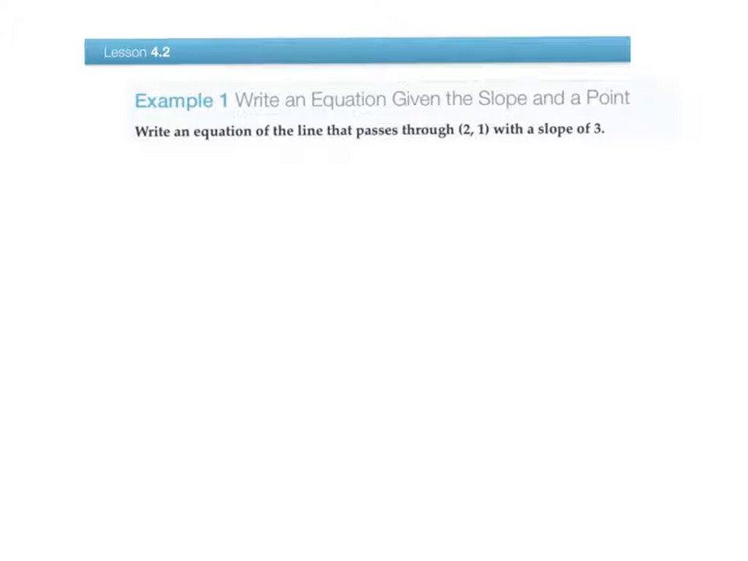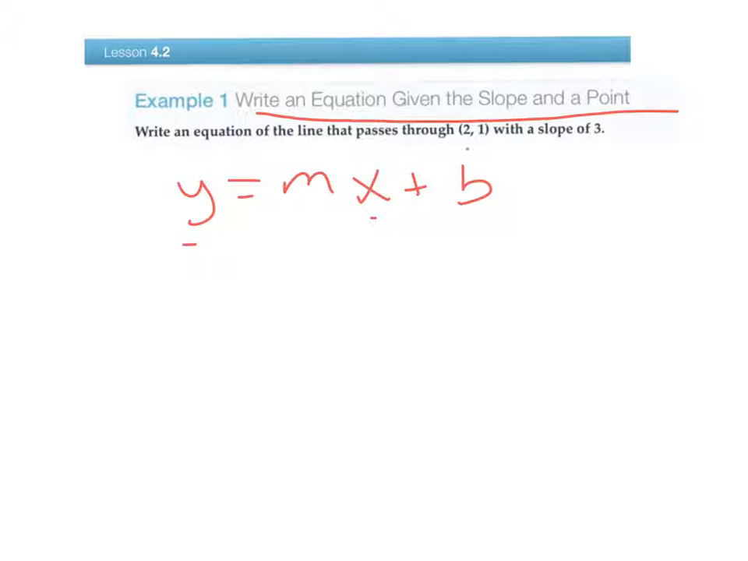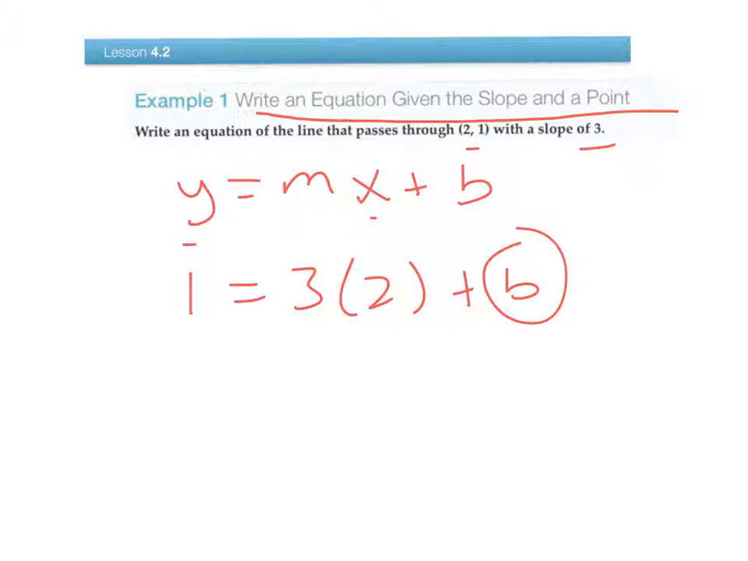Okay, to write an equation given a point and a slope, we're going to start with our y = mx + b, and we're going to fill in what we know. In this case, they give us the x and the y with our (2, 1), so I'm going to fill in the 1 for the y, and they even tell us the slope, which is 3, so I'm going to put a 3 for the m, and then I have a 2 for the x, and I want to find this. So it's 1 equals 6 plus b, subtract 6 from both sides, I get a negative 5 equals b,